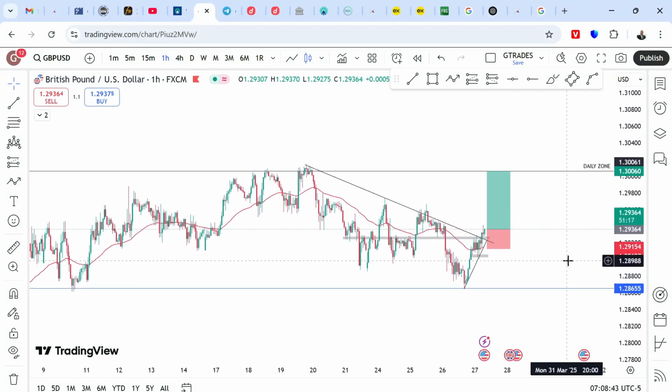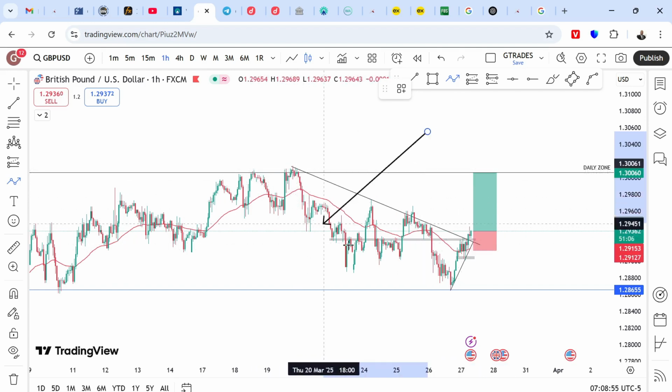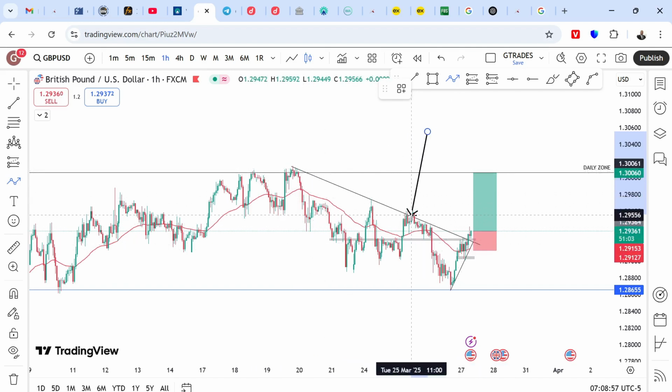So this is my take here. Now, let me show you my entry criteria. If you look at it right now, I was looking for price to really break and retest. Very smooth. This is the trend line I drew. You can discover that we have a trend line bounce. How many times? 1, 2, 3, right?